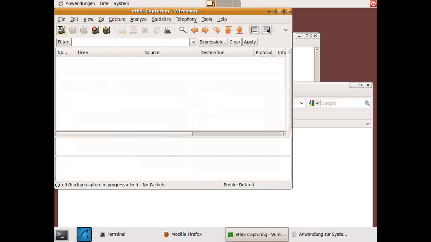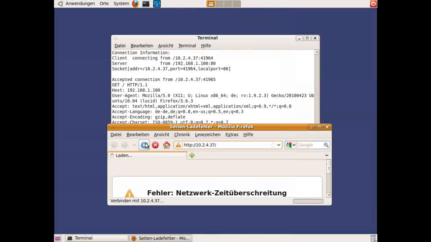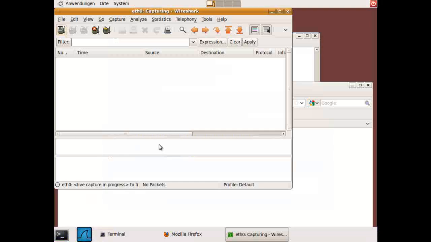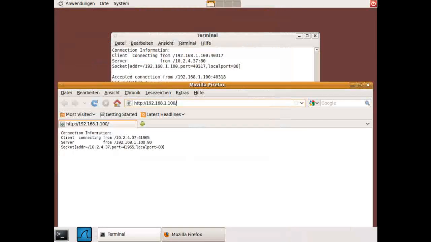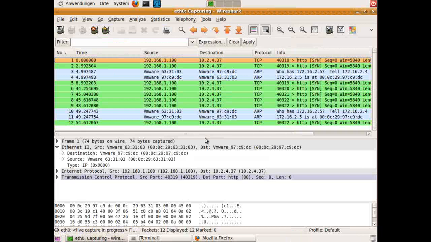So we start a packet capture here, and now let's try to contact again. And if we now take a look on the server, what you see here basically is we don't see anything. No packets are reaching the other machine anymore. Okay, so what we want to do is remedy this situation by now also telling the machine